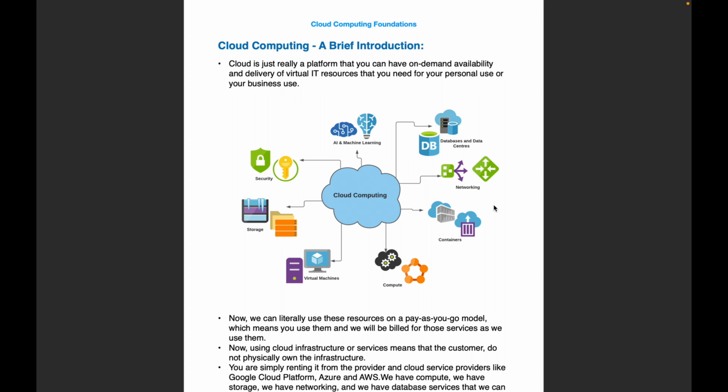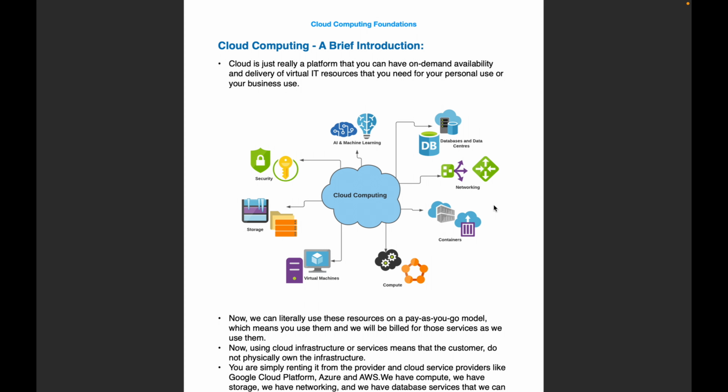So if we choose cloud computing, a cloud vendor, and there are different types of public cloud providers like Google Cloud Platform, Microsoft Azure and AWS, they will be responsible for the hardware purchase and the maintenance as well. They also provide a wide variety of software and platform as a service.